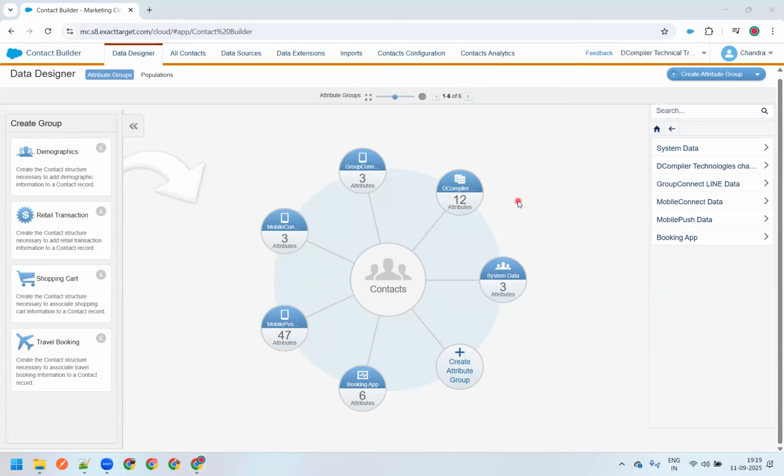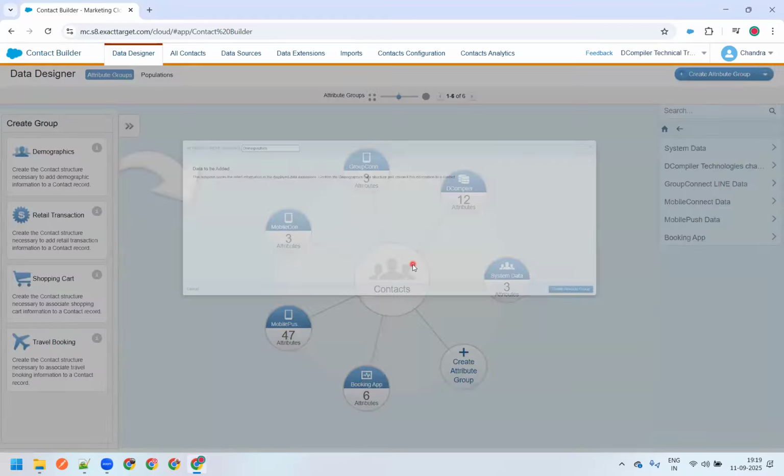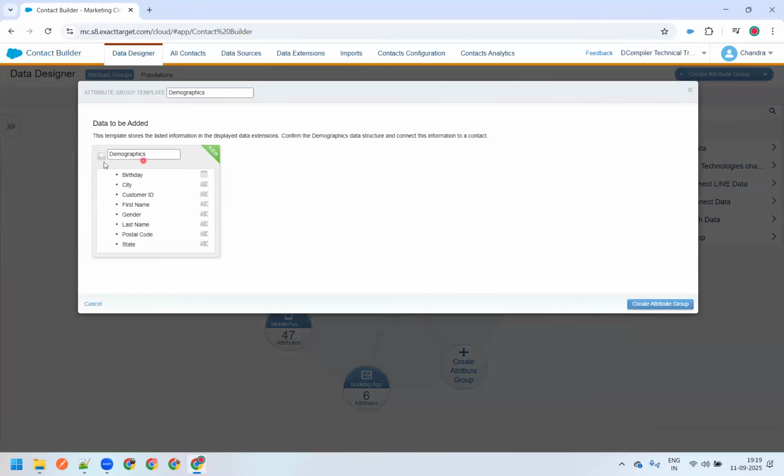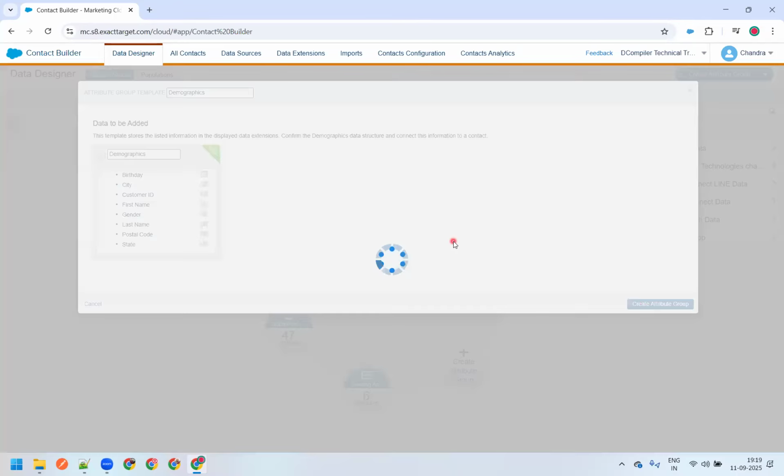So we need to have the data extensions required for our learning purpose. Basically, you need to have data extensions, so I'll be creating some data extensions and adding those things. You can also make use of this one. You can create a contact structure necessary to add demographic information to a contact record. If I drag and drop it, it will create one data extension called demographics as an attribute group, where we have birth date, city, customer ID, first name, gender, last name. This is a sample one which is present within the